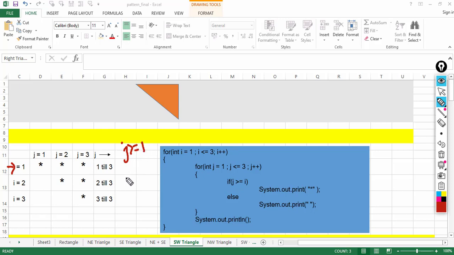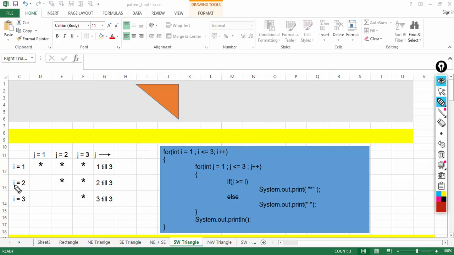When J is 1, it prints a star. When J is 2, the condition is 2 greater or equal to 1. When J is 3, the condition is 3 greater or equal to 1.